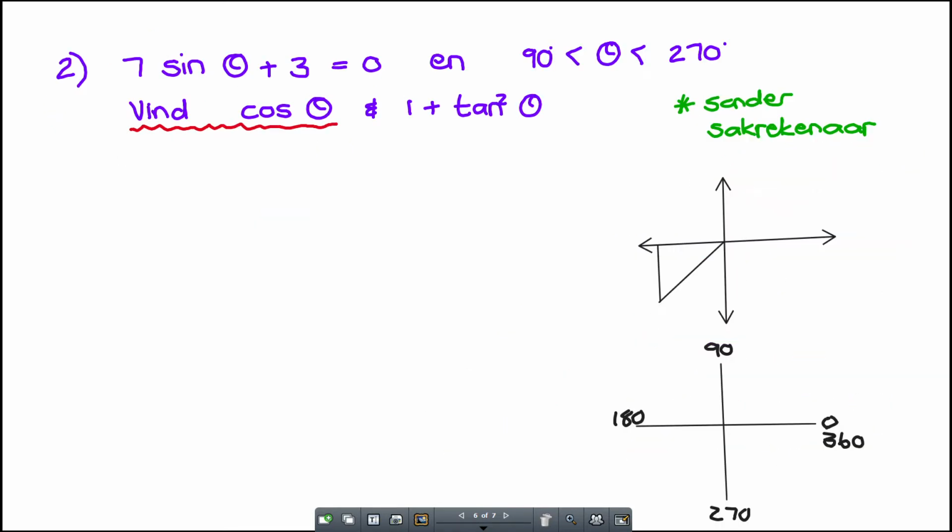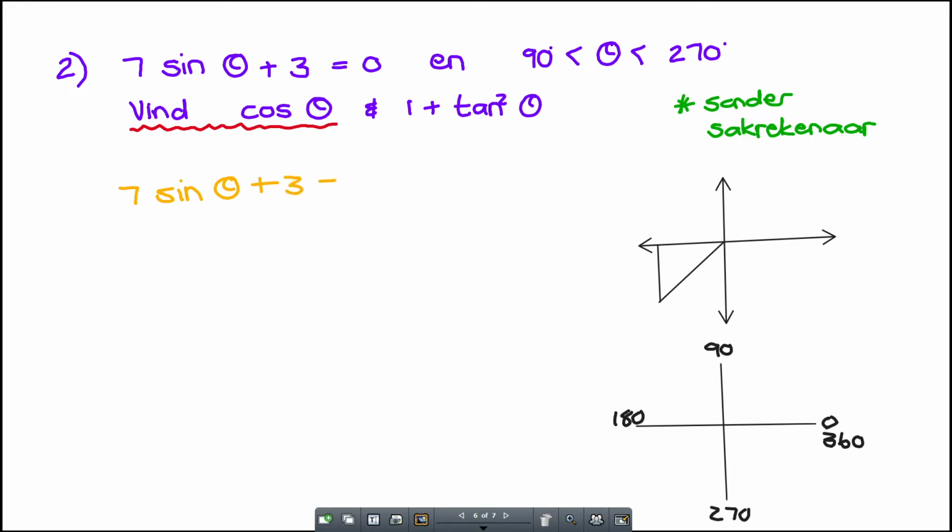So, over here they're saying 7 sine theta plus 3 is equal to 0. En theta moet wees tussen 90 en 270. Dan vind vir cos theta en dan die tweede enetjie vind vir 1 plus tan kwadraat theta. Right, so let's start with what was given. We were given 7 sine theta plus 3